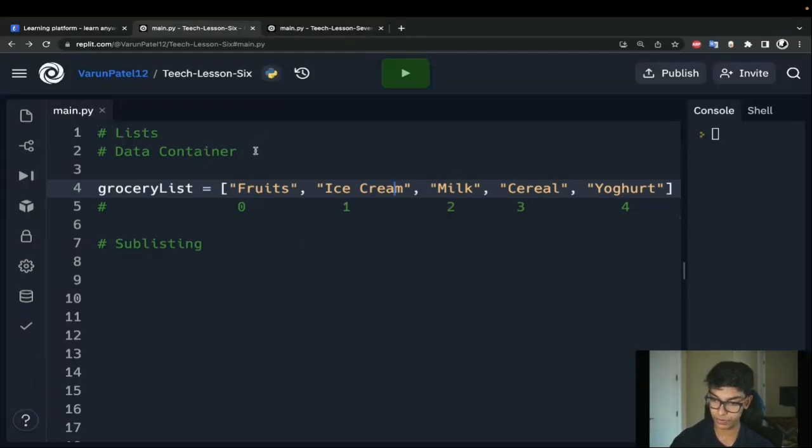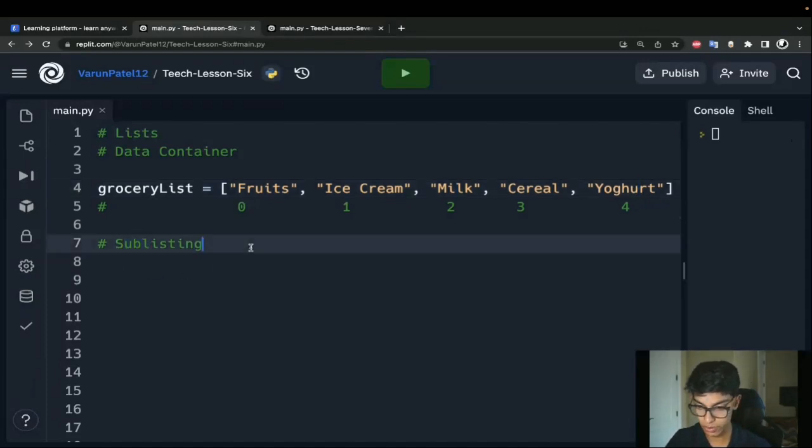What if I had this entire list, but from it I wanted to pull fruits, milk, yogurt, or fruits, ice cream, milk, or milk, cereal, yogurt, like derive a smaller list from this main grocery list. That's where sublisting comes into play.